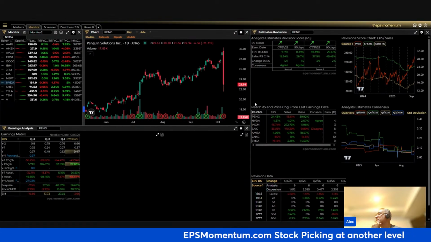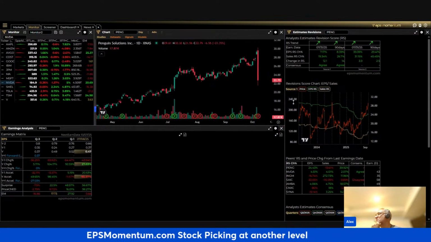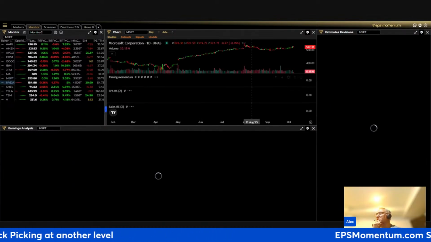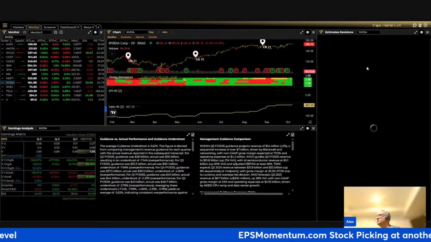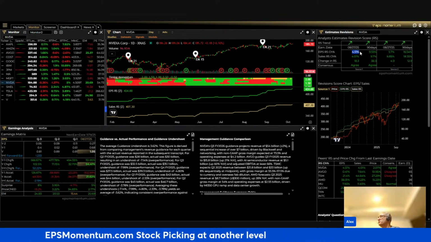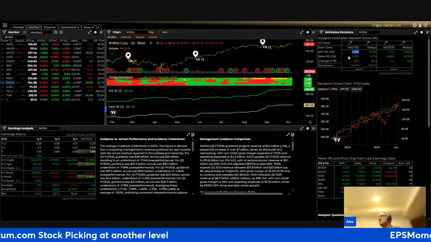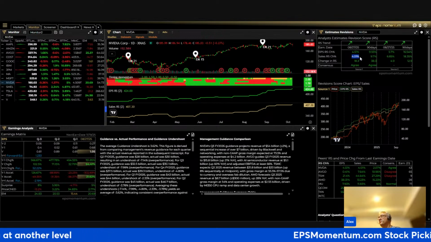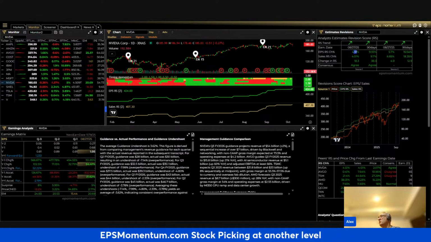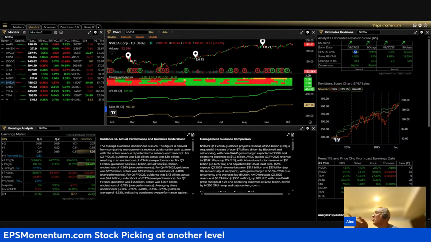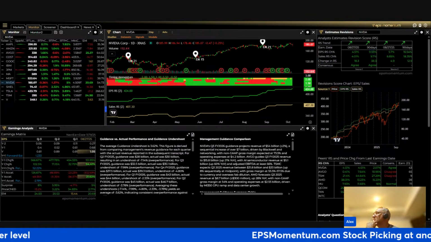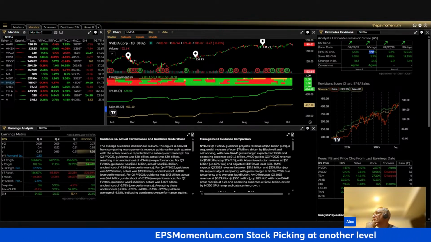Okay, so you have 5 quadrants here. One is the estimates revision. So again, if I pull up any stock, back to my NVIDIA name, I can see the estimates here: the estimates revision score for earnings per share and the revision score for sales. I can see it since the beginning of the quarter or in the last 90 days. From 90 days ago it's up and up, and since the beginning of the quarter here,